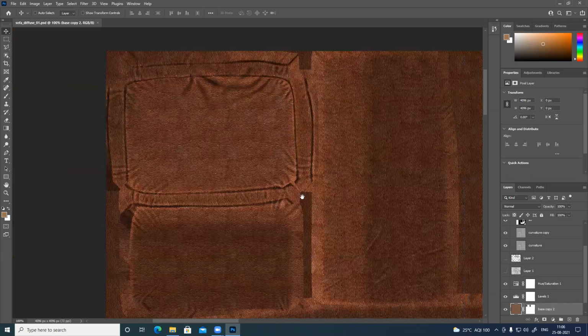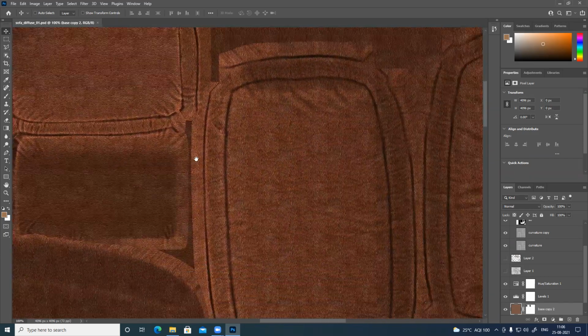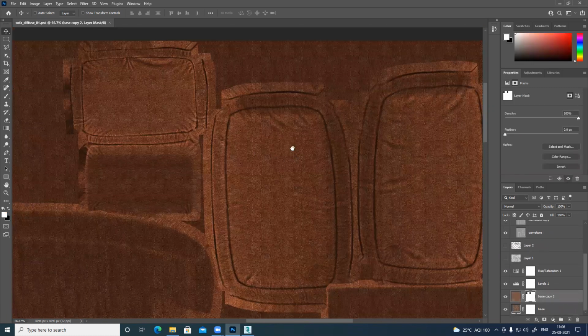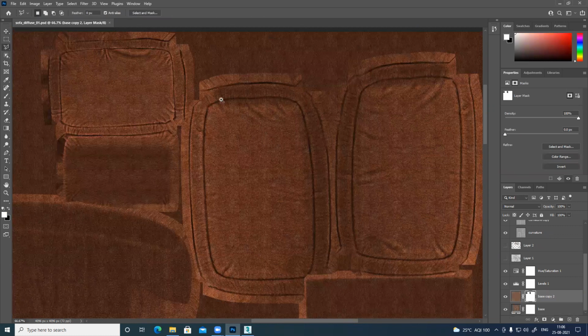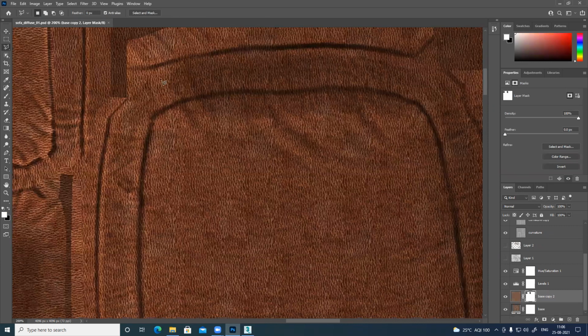Just flipping those things. Okay. I can use the lasso tool or I can use the spread tool also. Anything for selection.